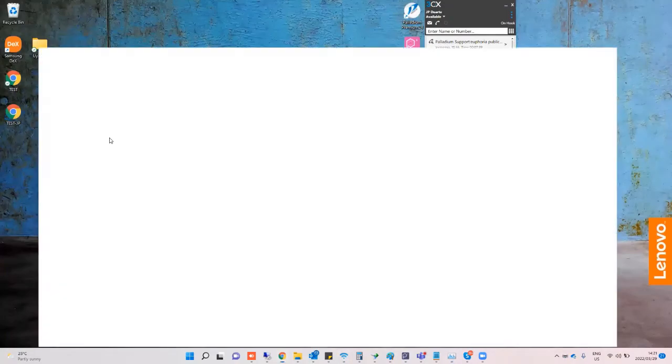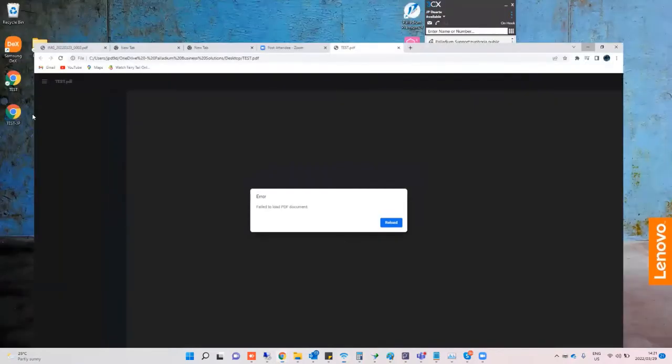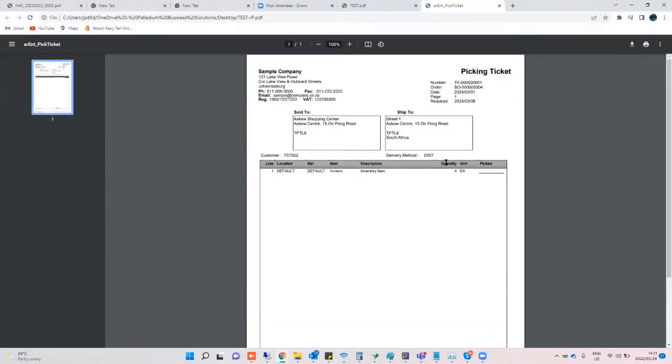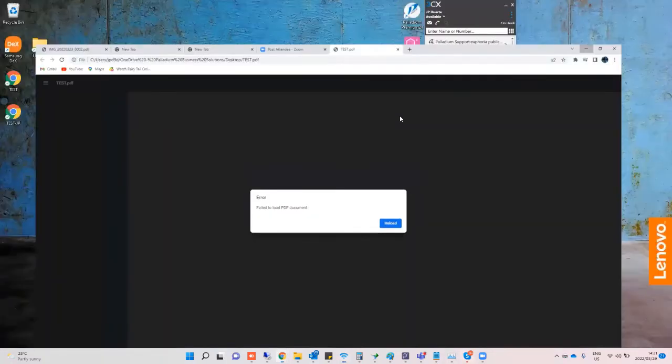We come here into test. Apologies, not that document. And now you can see our pick ticket here. You can see the line 1 location, bin, item description, quantity, and if it's been picked. After we give this to our employees or the staff that is in the warehouse, you can then close this,